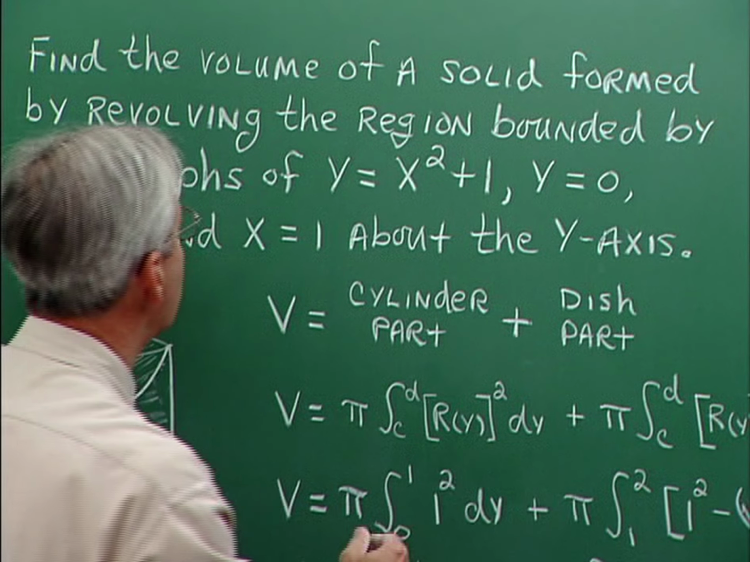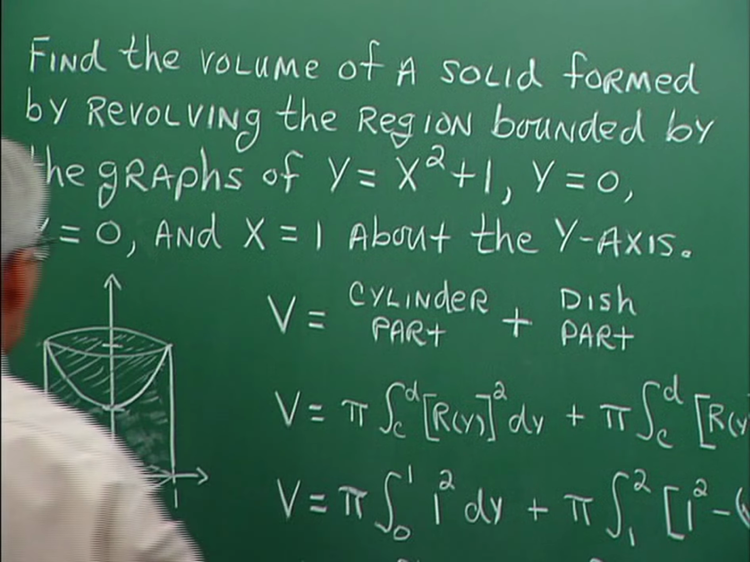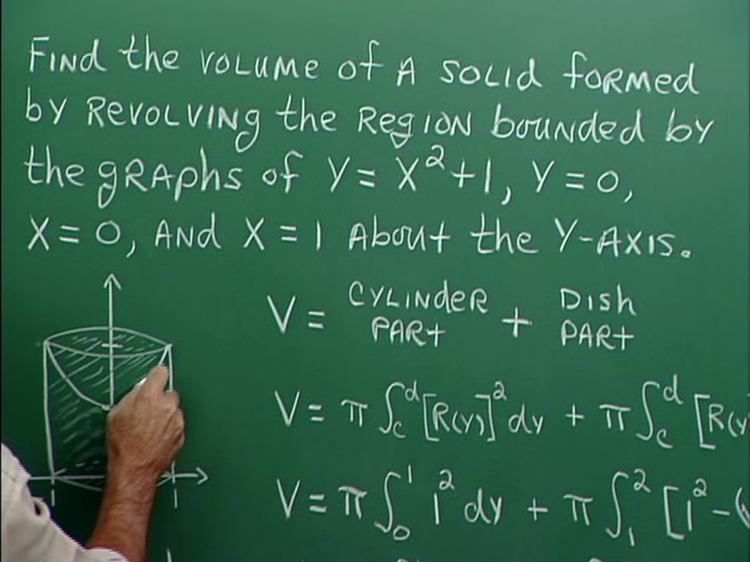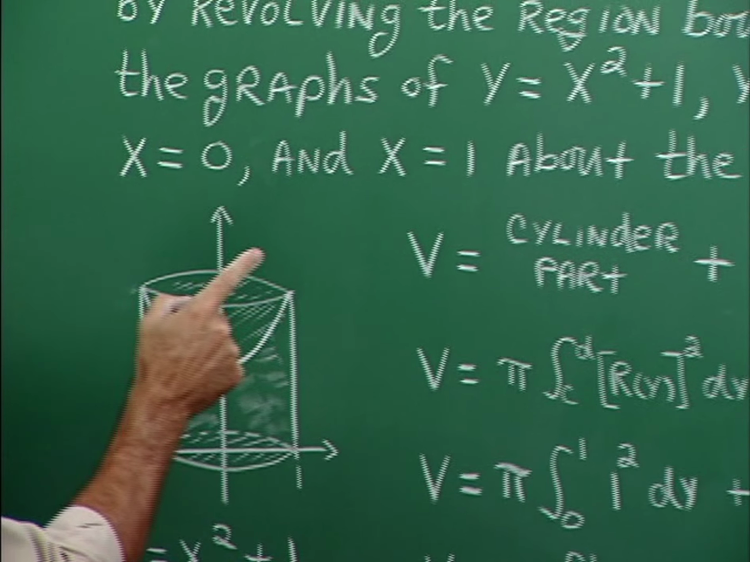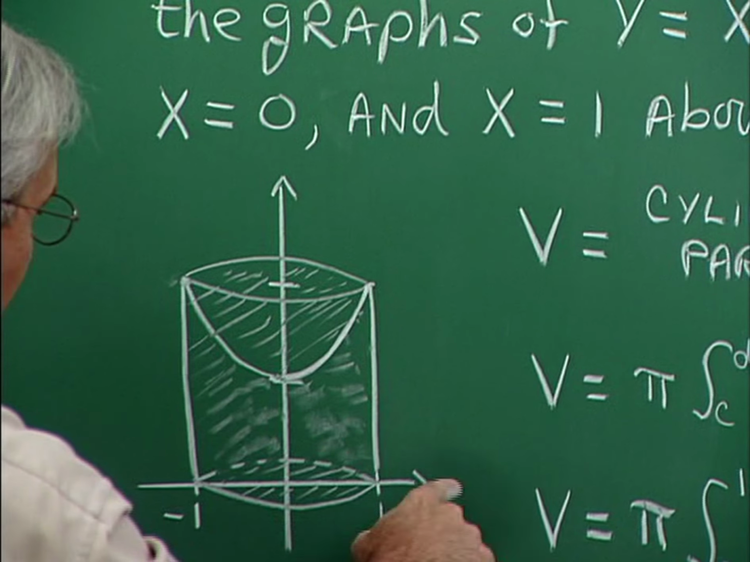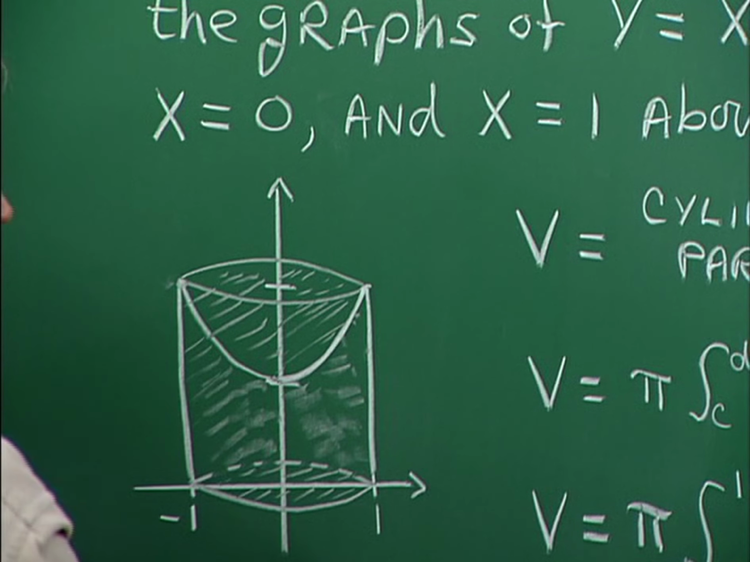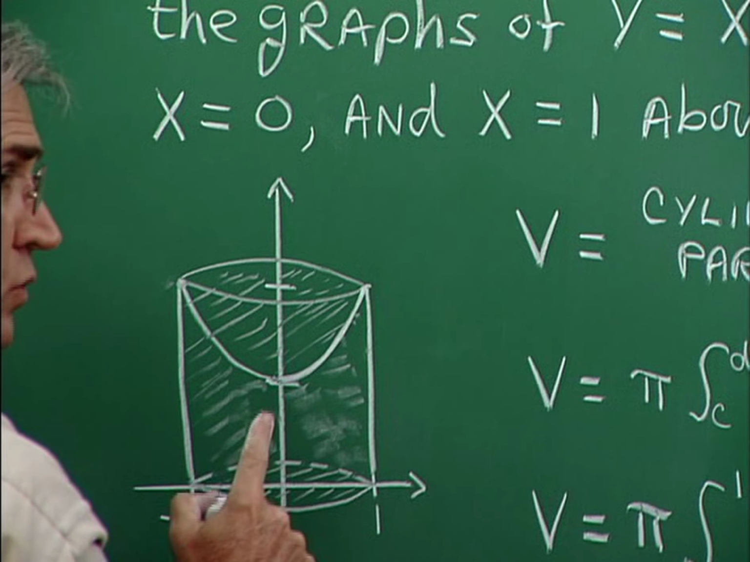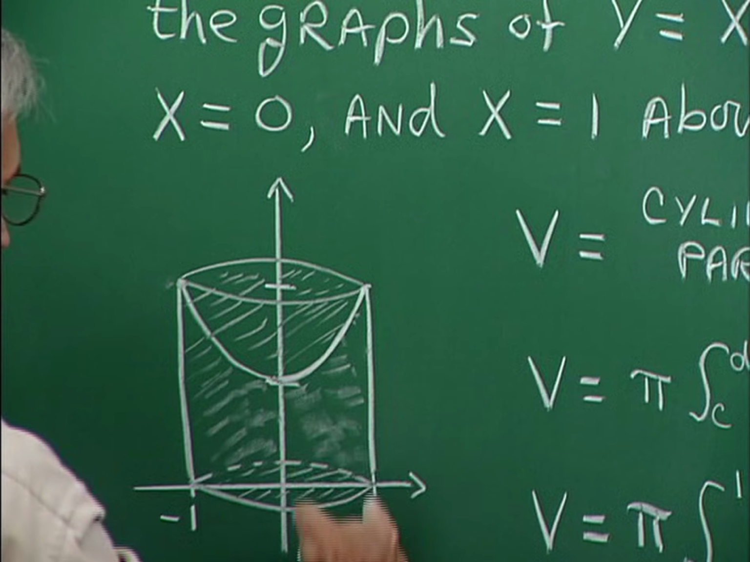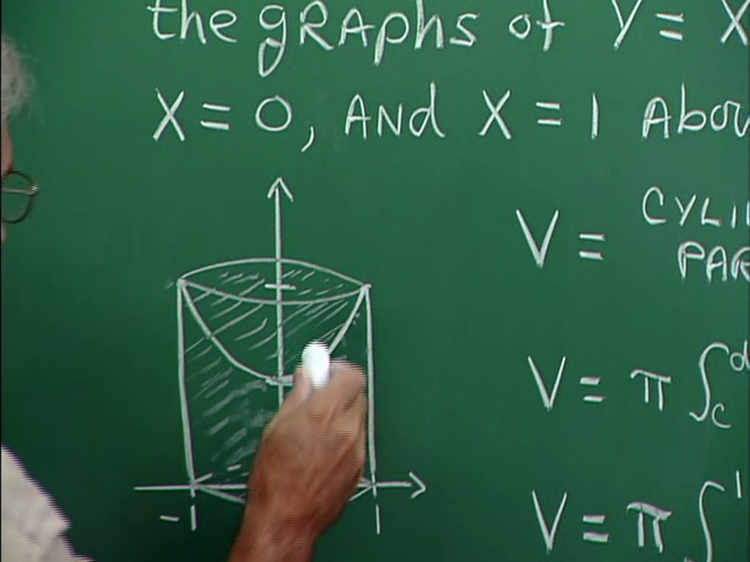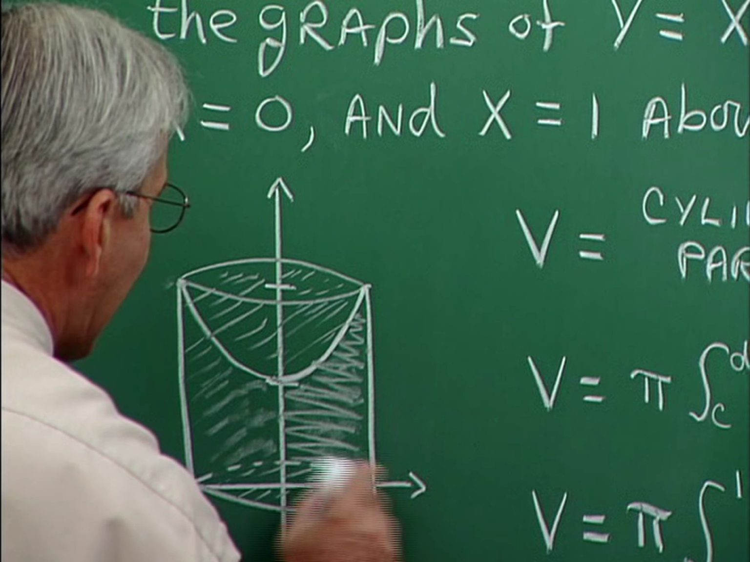Now let's talk about these bounds. We have the graph of y equals x squared plus 1, and that's this. You see, that's just this little curvy part. And then y equals 0, and that's the x-axis. X equals 0, that's the y-axis. And x equals 1. X equals 1. Okay, that's this line. So we're really talking about this little region right here,